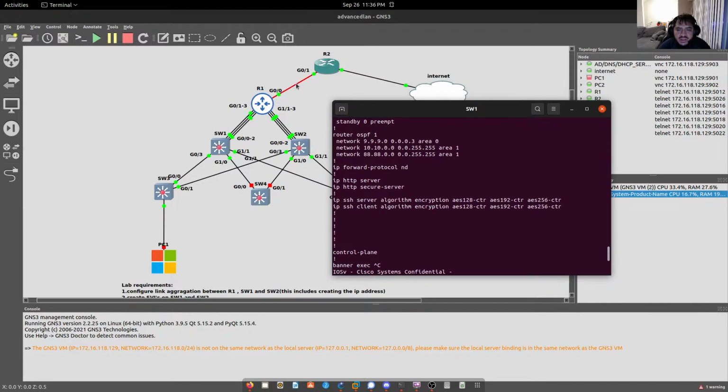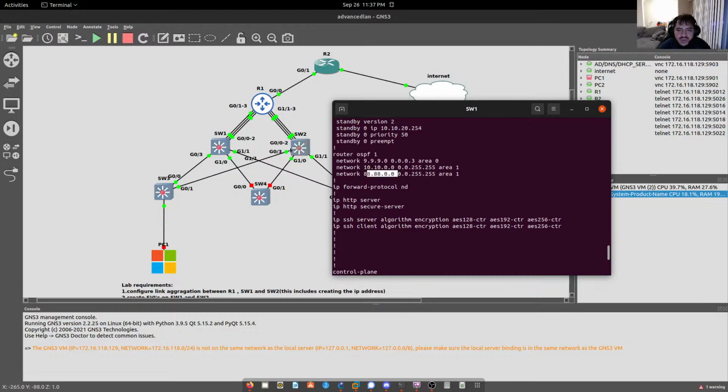This is the 9.9.9.0/30 network in between here, and then this is the 88 network, I believe 88.88.10 right here, and then 88.88.20. They're both point to point /30 right here,